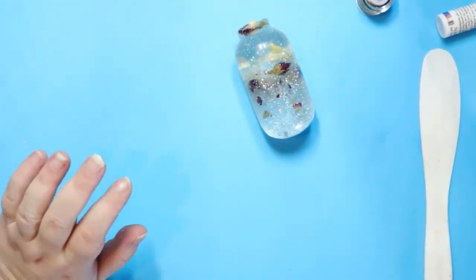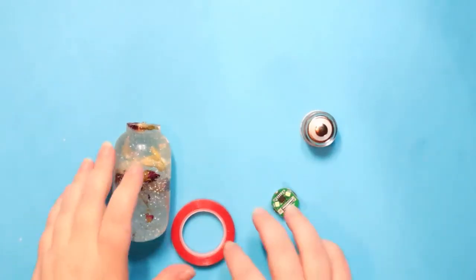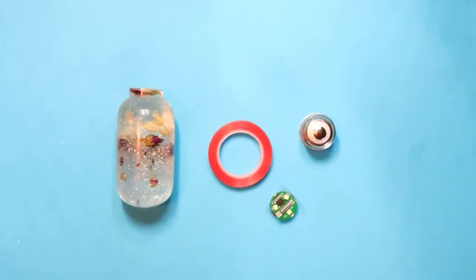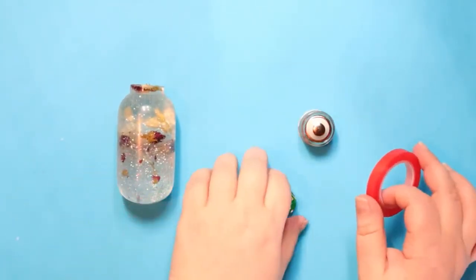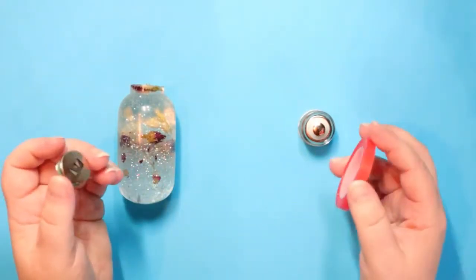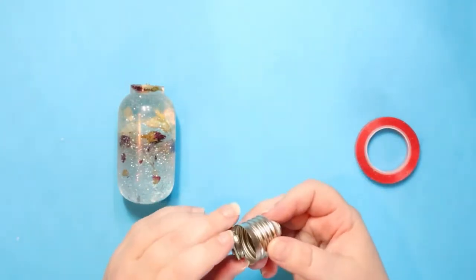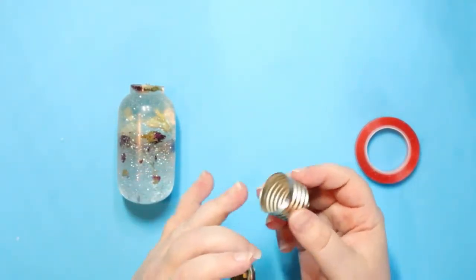And unfortunately, because this is amateur hour, my camera also died while I was in the middle of talking about how to attach the light. So in order for the light to work with the touch sensor on the bottom, it has to be touching that sensor, obviously, you know, touch sensor. Duh, Megan. Anyway,